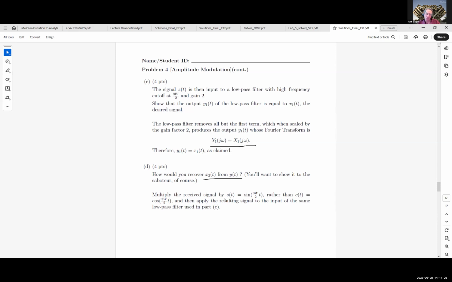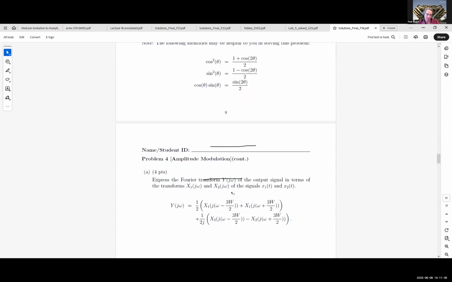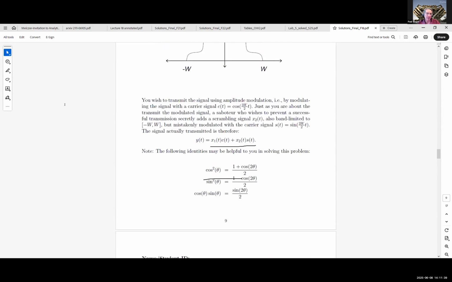And so now you're going to use the other identity that we had. We had 3 identities. What we used so far was what happens when you have cosine squared and sine times cosine. That's what helped us solve that problem. The remaining identity is going to be